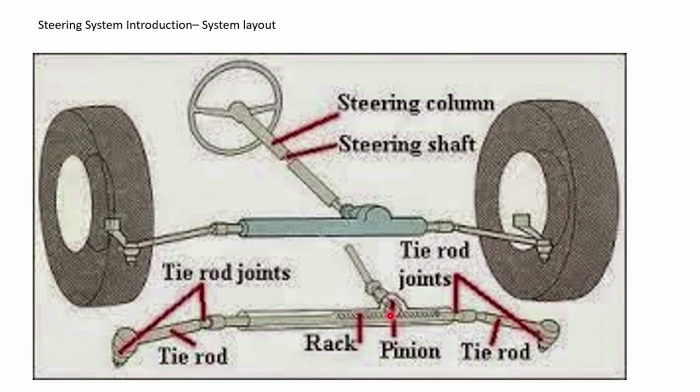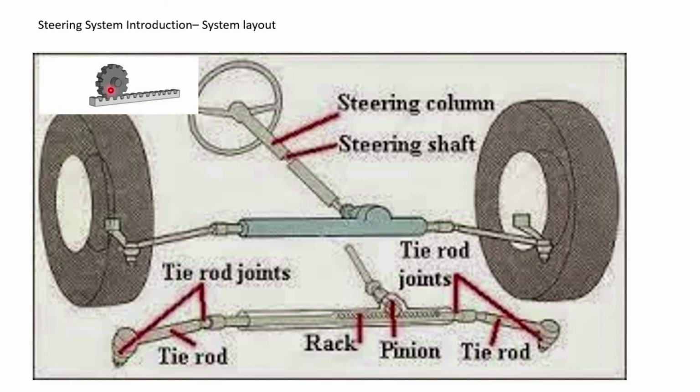When the steering wheel rotates, the shaft rotates, and the pinion rotates like this. When the pinion is rotating clockwise here, the rack is moved towards the left, and the rack has tie rods at both ends, this one and this one. The other end of the tie rod is connected to the wheels like this. The steering wheel is turned, the shaft is turned, the pinion is turned, but the rack is not turned. Here the rotary motion is converted into linear motion